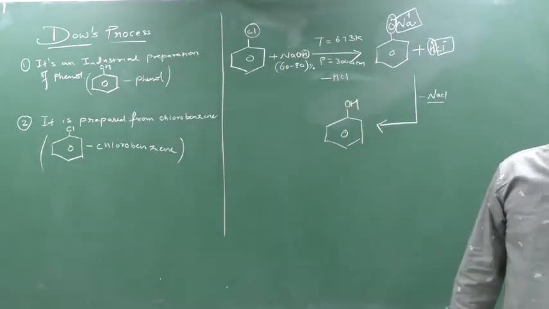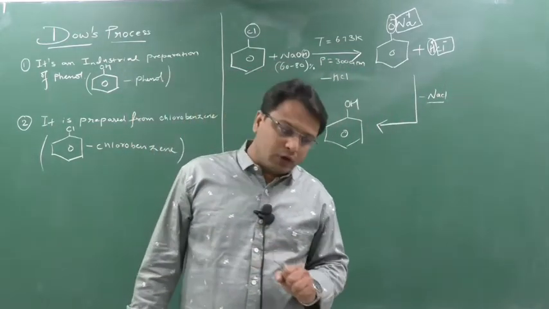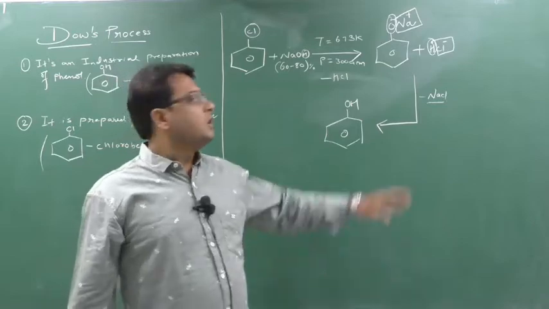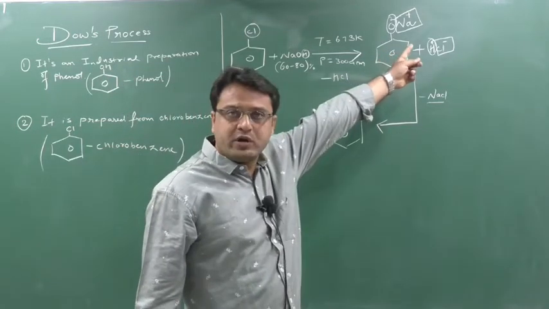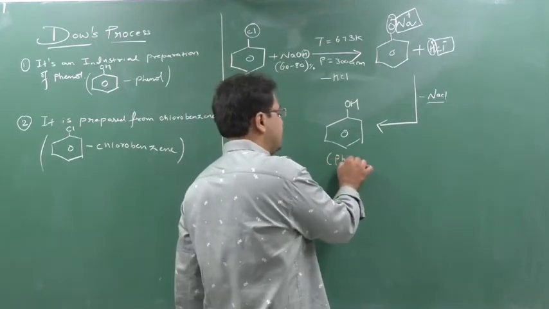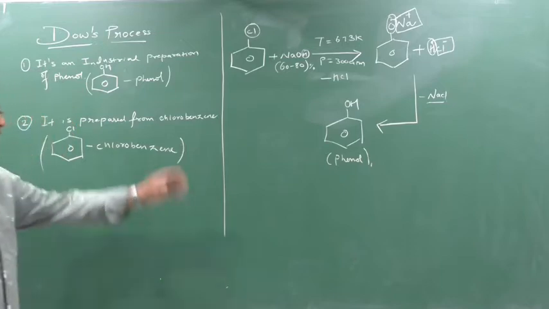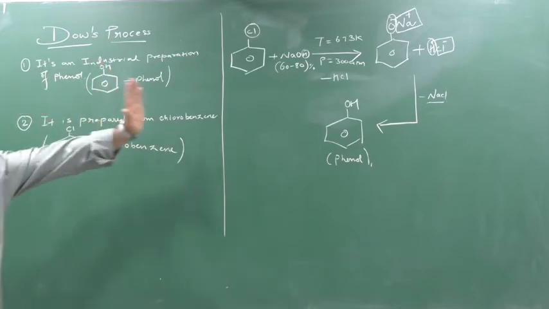First chlorobenzene will give us sodium phenoxide, then that sodium phenoxide undergoes acidification, and after the acidification of sodium phenoxide we are preparing the phenol. So in this way phenol is prepared. First you take the screenshot, then again I will teach you once more, then we will go with the mechanism.